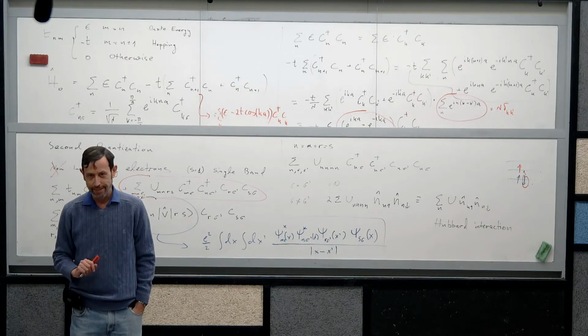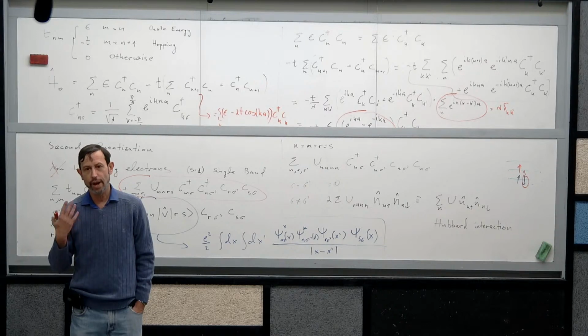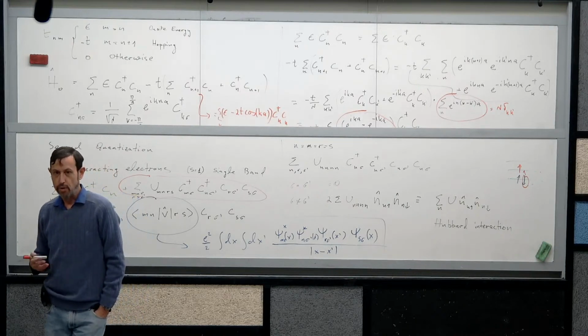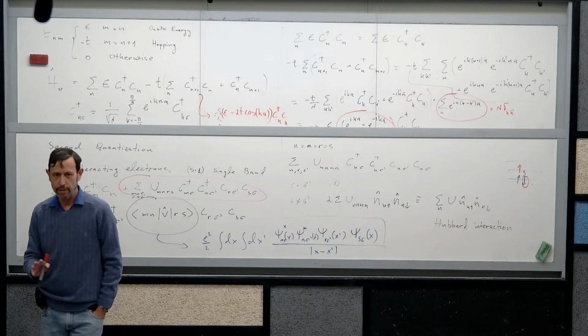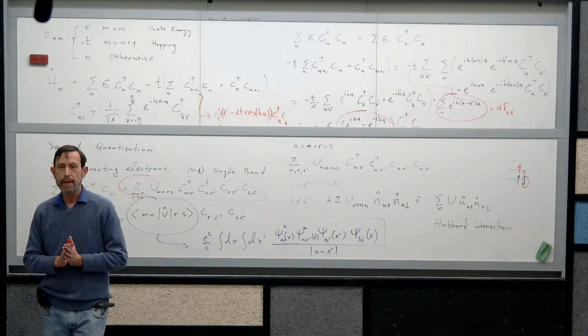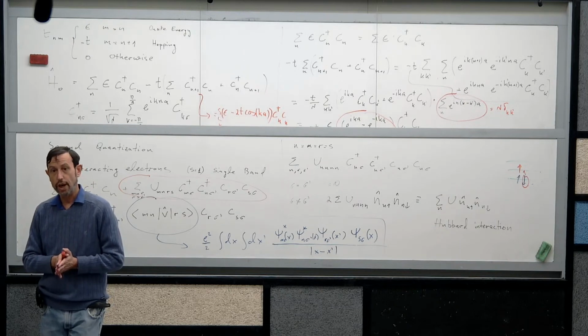But if it was excited, then why would it go back? You would pay energy to go back. Okay, but this way you actually make sure that it never can go back. You have virtual processes. I don't want to get into the whole details, but